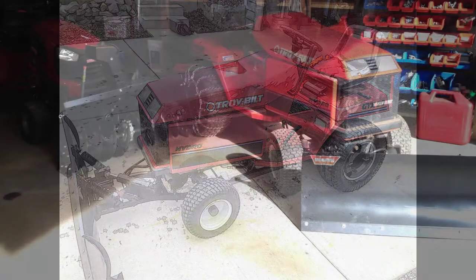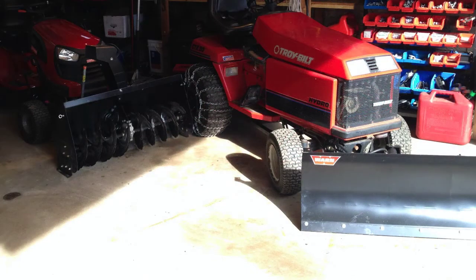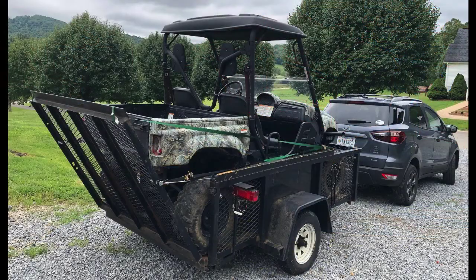And of course, along the way, the Troy-built got a little brother. It was a Craftsman with a snow thrower on the front, which really works fine on cutting those banks down so they're manageable. But the man had a friend in Abingdon, Virginia, John, whose finance guy said, don't buy stuff anymore, lease it. So he got rid of all of his stuff that he bought, and he leased me